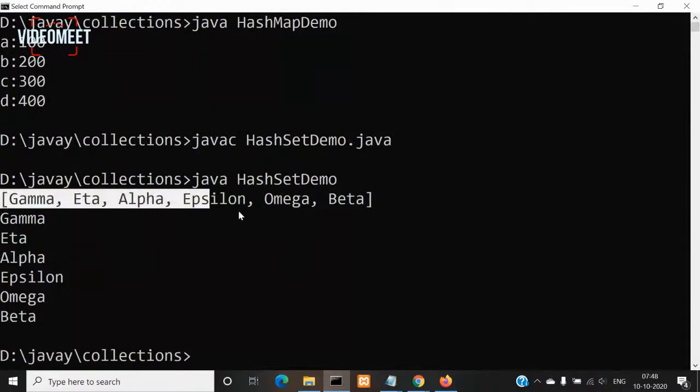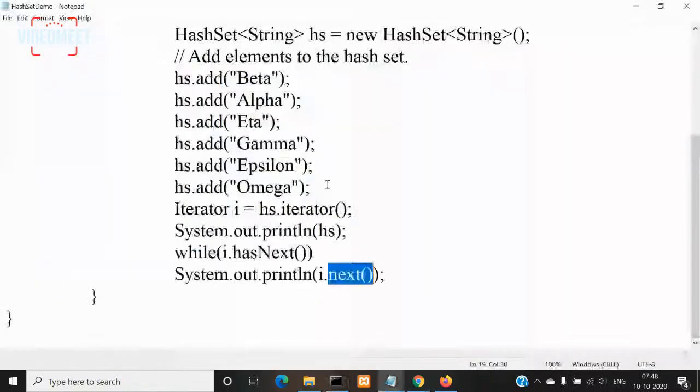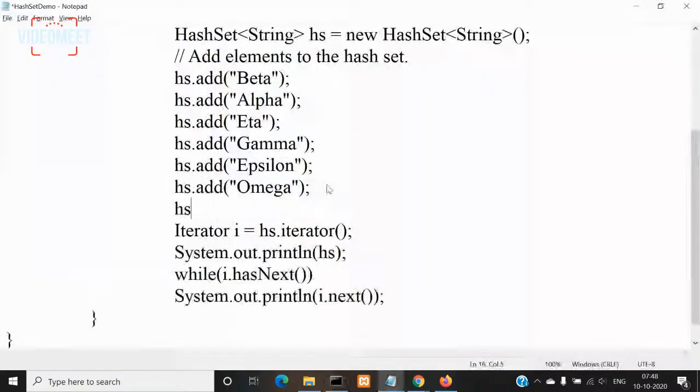It is also displayed in the form of square brackets only: gamma, eta, alpha, epsilon, omega, beta. So we are iterating through that hash set and displaying the elements individually, one after the other, on separate lines like this. Right. So now in the same program, let me try and add, with hs.add,